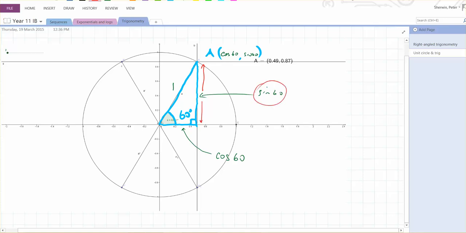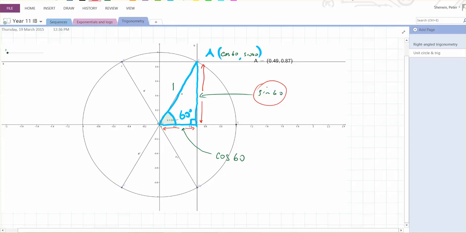And then same principle, so cos 60 is the adjacent side, which is this length here, over 1. Obviously, that means that cos 60 is equal to this length here. So the length from there to there is cos 60. Sorry, did I say sine 60? I meant cos 60. So that means that if this is cos 60 and that's sine 60, then the coordinates